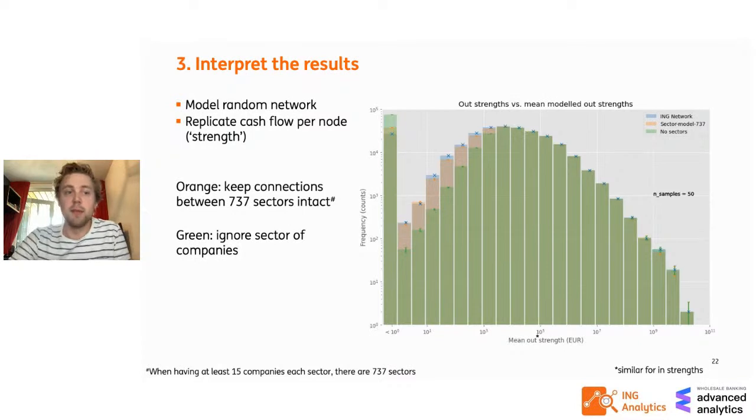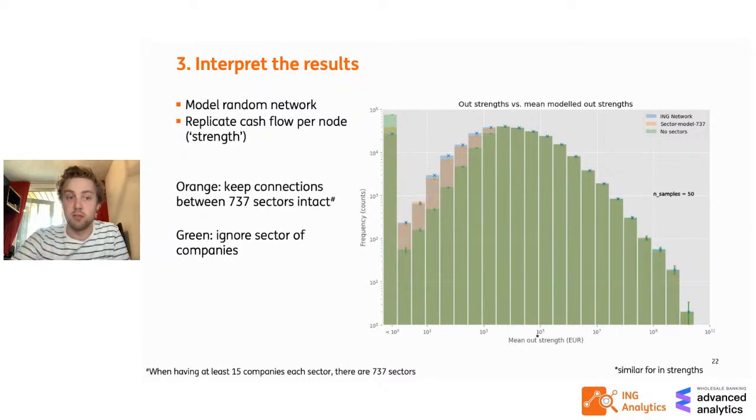And the orange random network model not only tries to conserve the strengths, but also the connections between sectors. So you can imagine a bakery, for example. It may have a certain strength and it might connect in the random network to other nodes, but a bakery will almost certainly have a connection to a farmer, and not to steel factories, for example. So you want to keep this information in the model, and that's in the orange model, the sector model, which